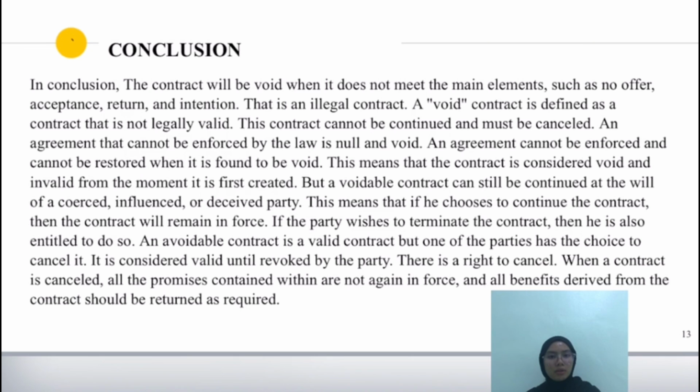A voidable contract is a valid contract, but one of the parties has the choice to cancel it. It is considered valid until revoked by the party. This is a right to cancel. When a contract is cancelled, all the promises contained within are no longer enforced, and all benefits derived from the contract should be